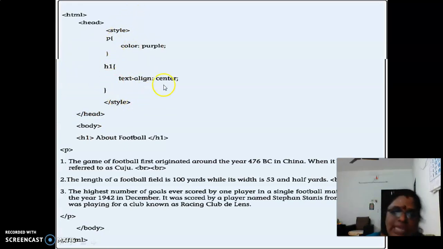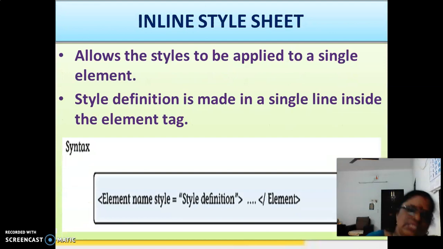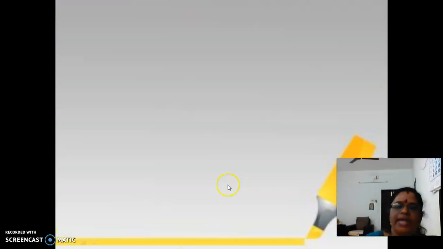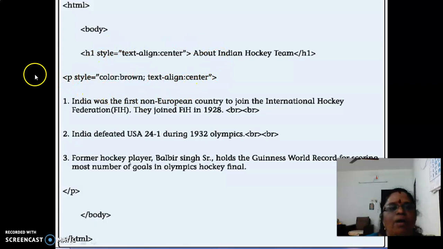It is called the internal style sheet. The inline style sheet is where the style is defined inside the element itself. For example, in this program, the style is defined inside the paragraph tag itself. This is called inline style sheet. I hope you are clear with this.